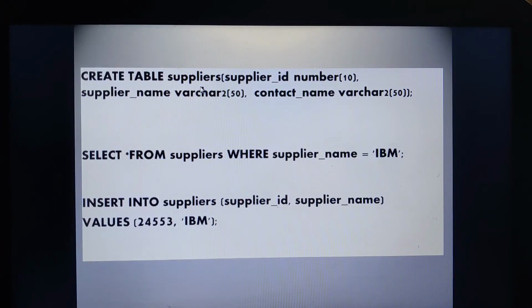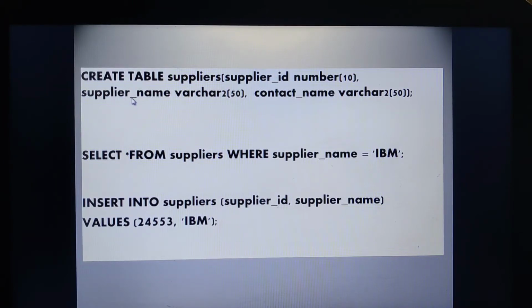Now I have my table name. Next thing is I need to create the columns, which can also be called the attributes. So what are the attributes or the columns the suppliers table should consist of? It should consist of a column named supplier ID. Then you leave about this, further we will discuss. Supplier ID.